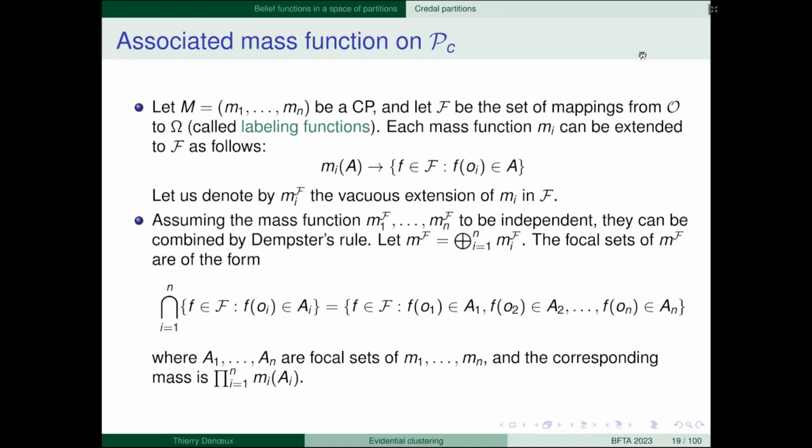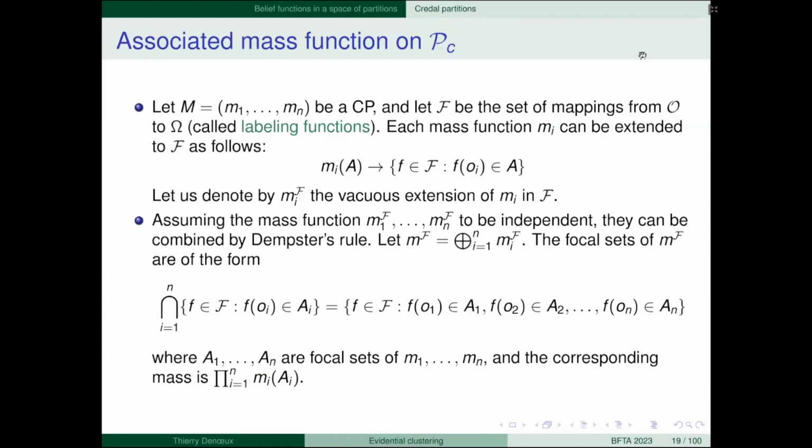Okay, so it means that the image of oi is either omega 1 or omega 2. Okay, so I can consider the set of labeling functions such that the image of oi is either omega 1 or omega 2. Okay. So in general, for any subset A of omega, I can transfer the mass mi of oi to the set of labeling functions such that the image of oi belongs to the subset A.